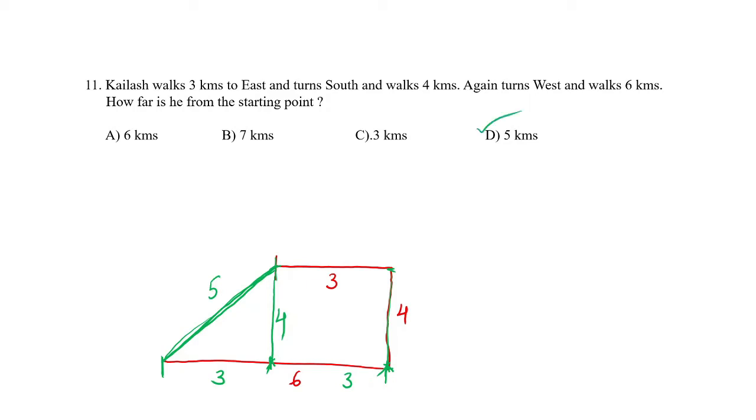Otherwise, write the formula. Here the hypotenuse is x. We don't know the hypotenuse. So x square is equal to 3 square, adjacent square, plus 4 square, opposite side square. 9 plus 4 square is 16. That equals 25. x is equal to root over 25. We have to take only the positive value, that is 5. 5 kilometers is the answer.